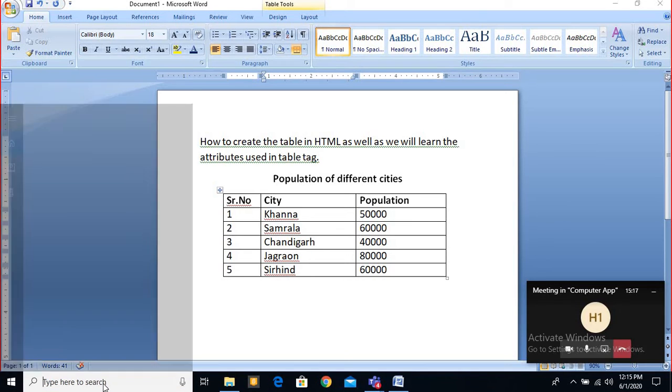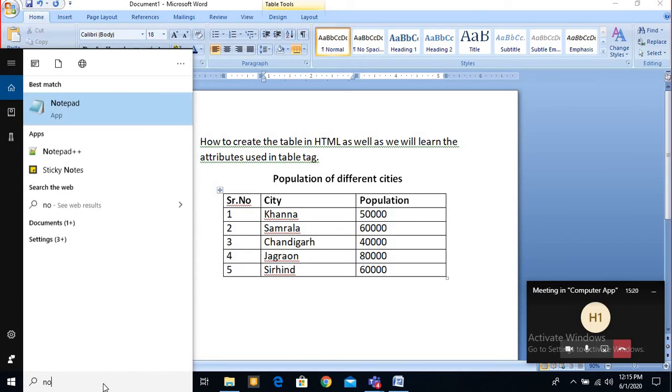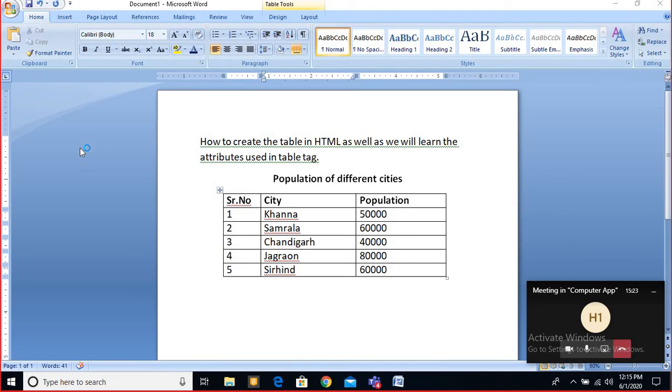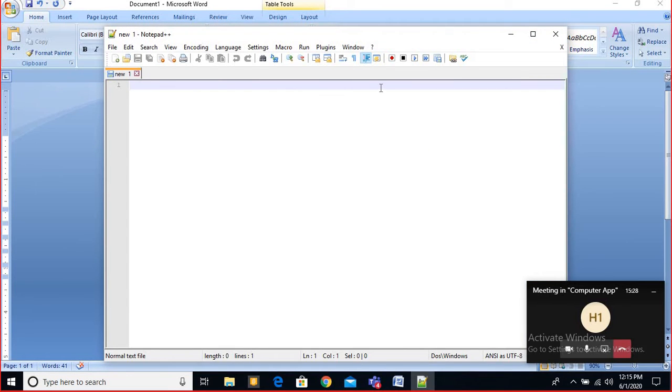So I'm going to start your lecture today. I'm going to open Notepad++ this time. So see,